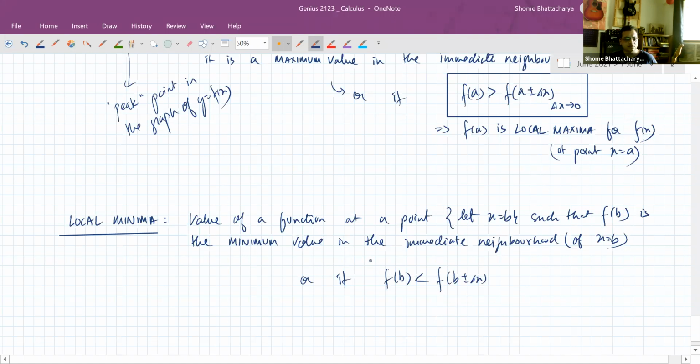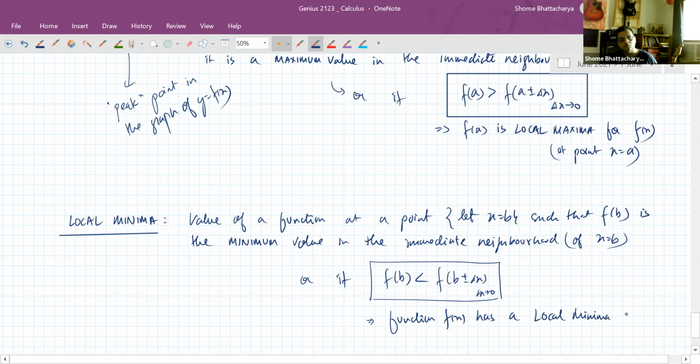That means the function f(x) has a local minimum at b. And what is the value of the local minimum? It is the value of the function. So that means this is that type of point where the function tips. The graph of the function